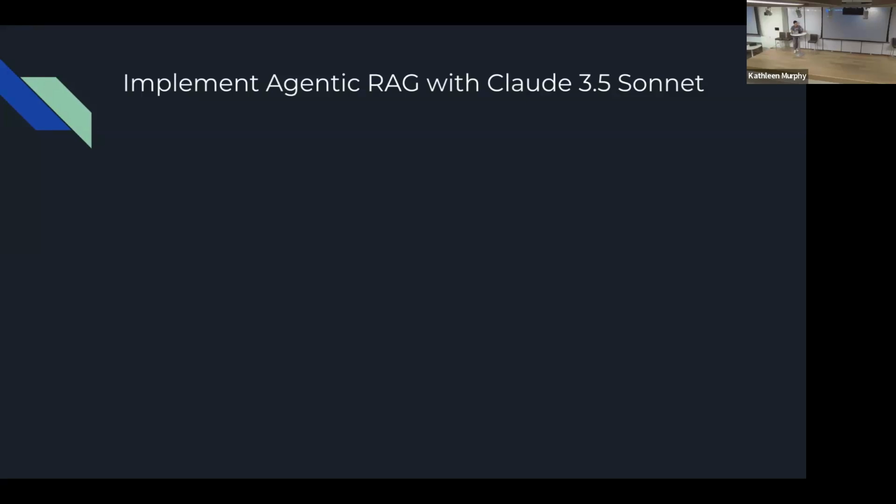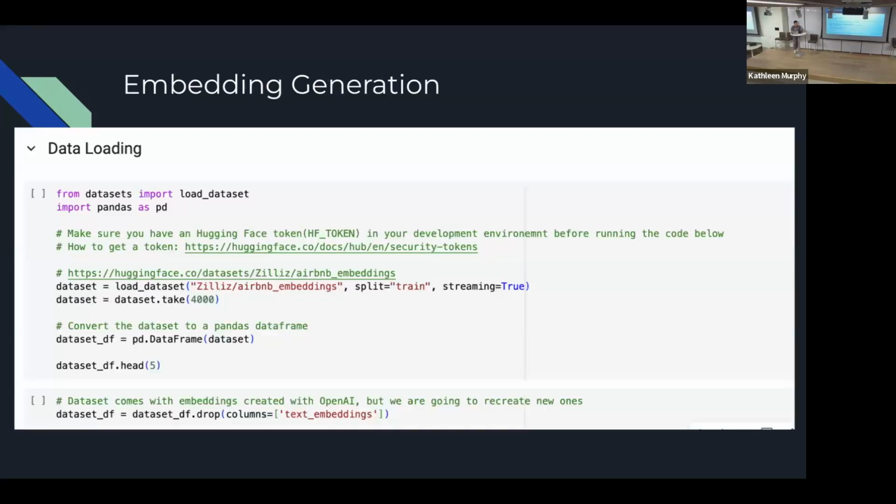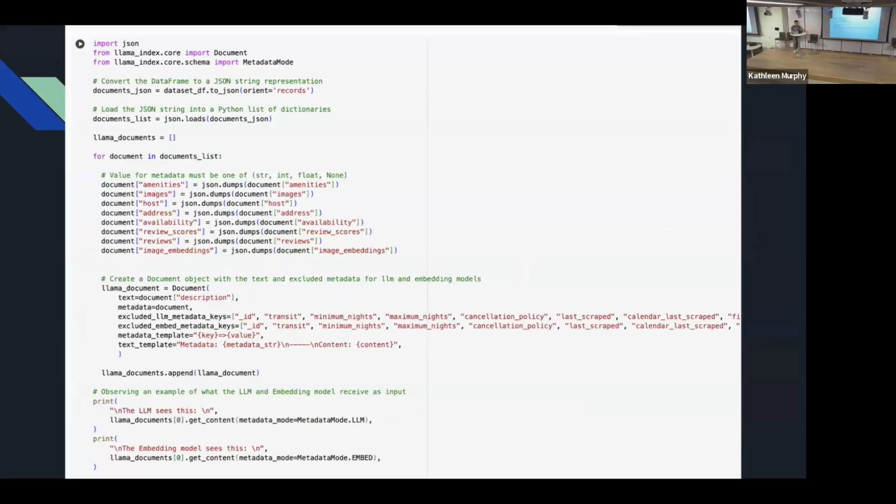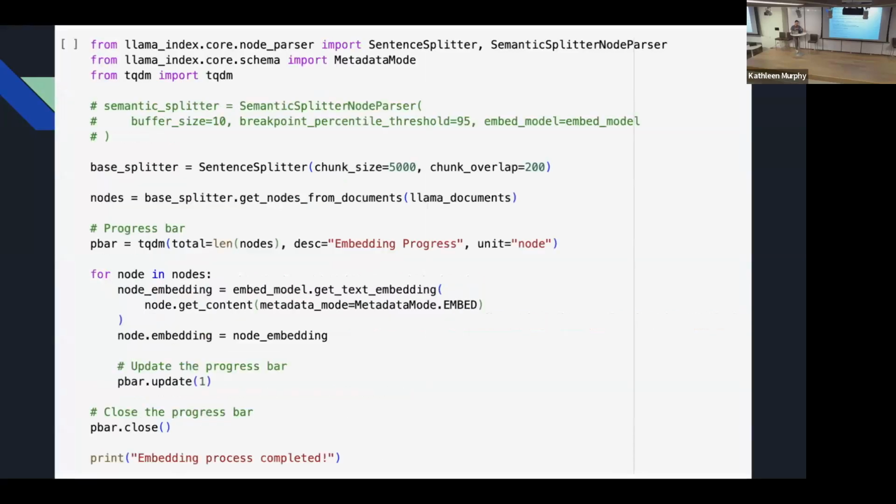So I will just show the code here. First step, we load the data. We download it from Hugging Face. And then we create the embedding of it, using an embedding model from OpenAI.